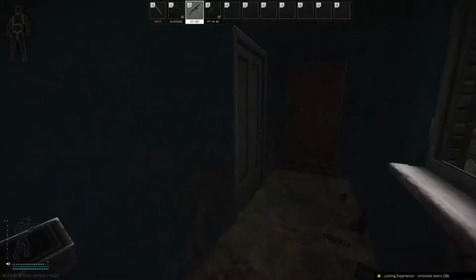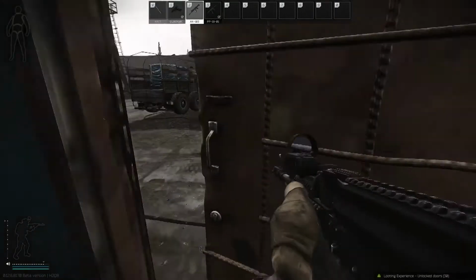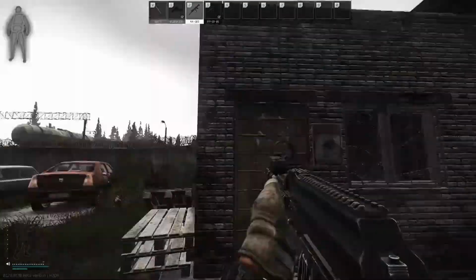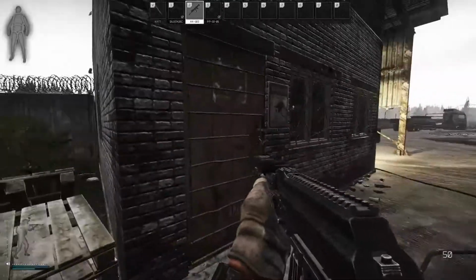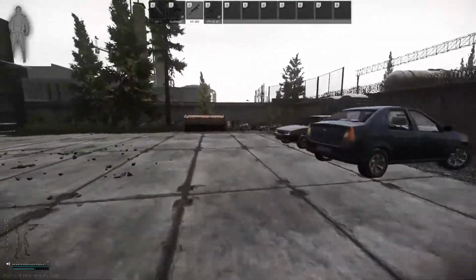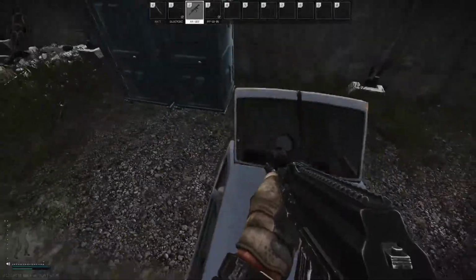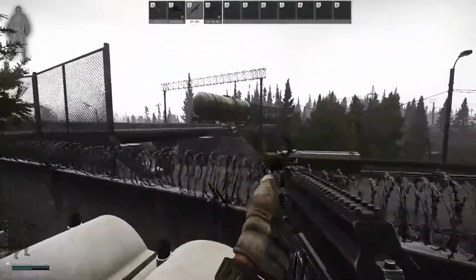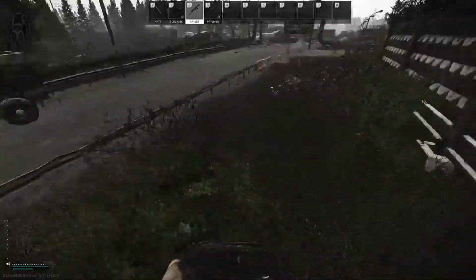You can open these two doors and it gives you easy access. If you guys are on this side of the wall and you need quick access between the other side and don't have a key, what I can recommend is to go on top of this car right here, hug this left side right here, and do a jump. Just be sure that you're not running while you're jumping, and jump over the barbed wire,